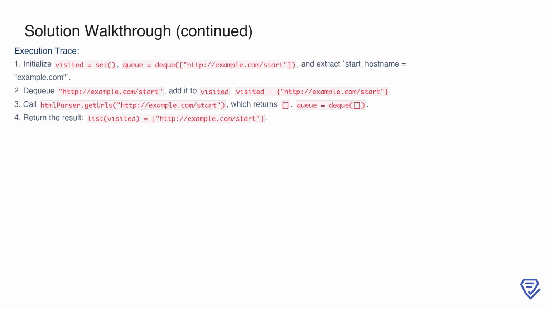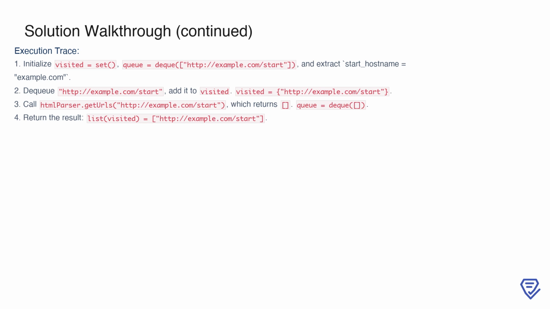The crawler processes the start URL, adds it to visited, and retrieves its links using HtmlParser.getUrls. Since the method returns an empty list, there are no further pages to process. With the queue empty, the crawl is complete, and the result is simply the start URL in a list, 'http://example.com/start'. This case demonstrates how the crawler handles scenarios where the starting page is isolated with no connections